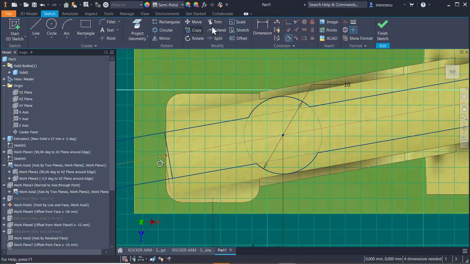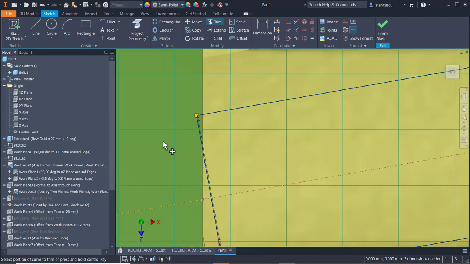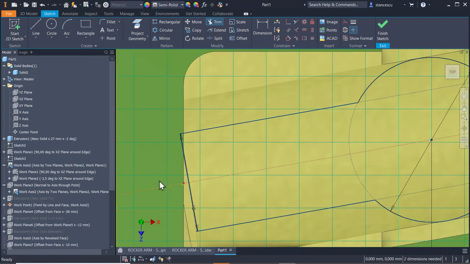Trim to cut ends, unuseful ends. I have to move the dimension 6 from here to trim also, but I have to project this small line,